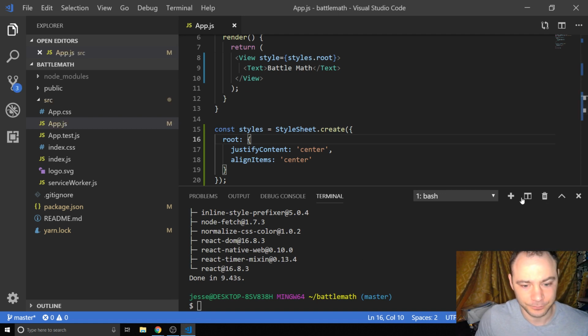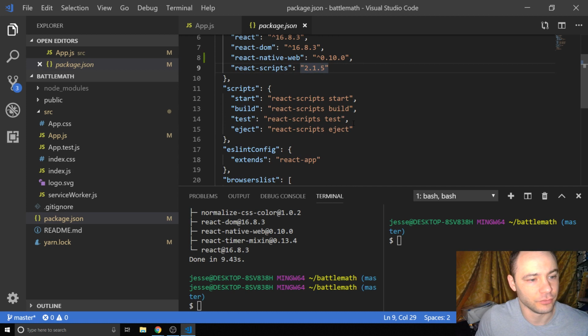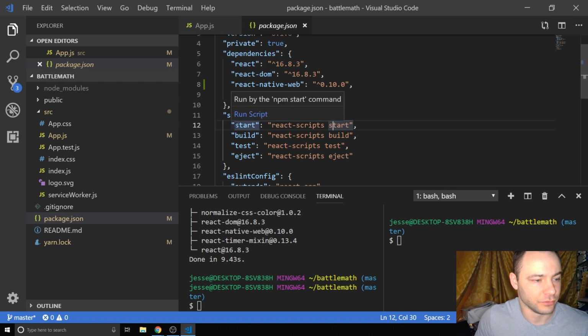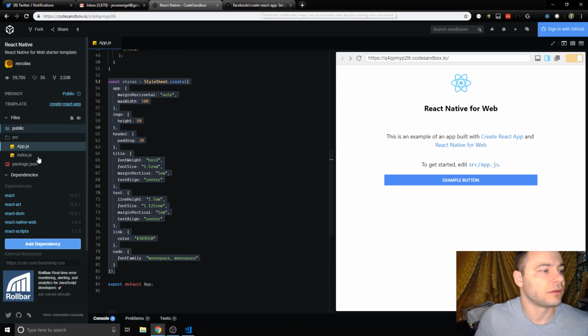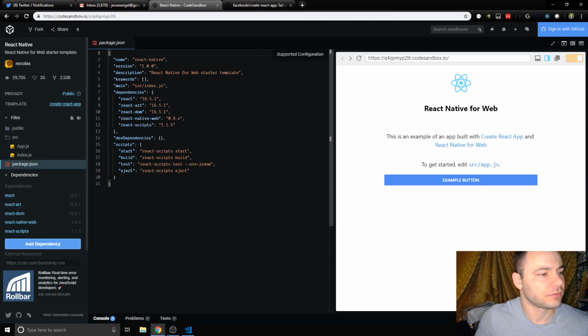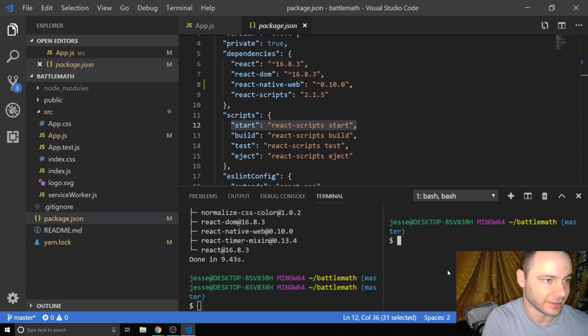Alright, now let's get another terminal going. We can see back in our package JSON that if we want to test this, let's double check that now that I think about it. Package JSON, React scripts. Yep, we can just use React scripts. Okay. So if we do yarn start, we'll get a nice little test version here, just like a normal create React app. So we're gonna hit yarn start,